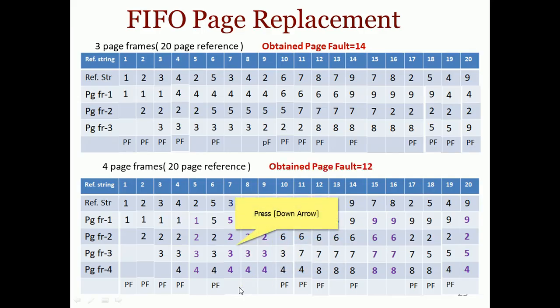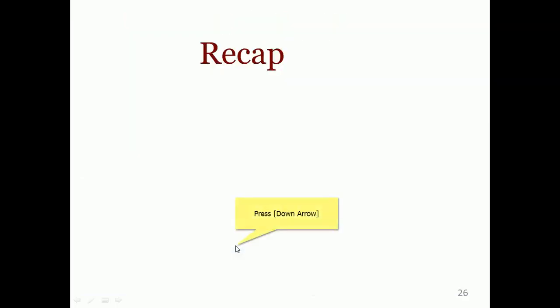So here the page frames are fewer and the page faults are more. If we increase the page frames, page faults become fewer. So from this we can assume that with more page frames, page faults will be fewer, and with fewer page frames, more page faults will occur. From this example we see that if a larger number of page frames exist, then page faults can be reduced. So that is the conclusion. Let us see some more problems in the subsequent discussion, and we may make a once-for-all conclusion.